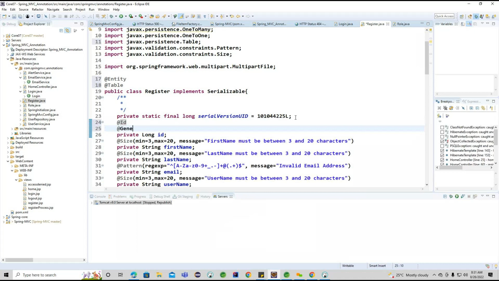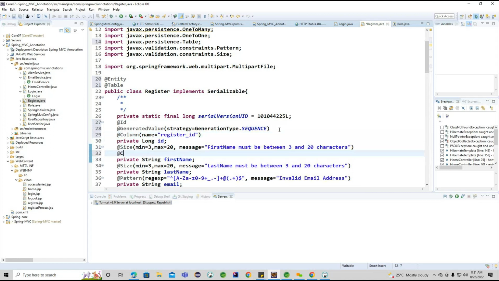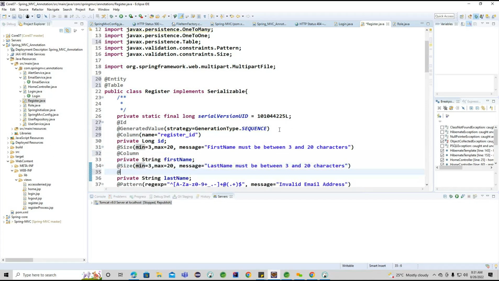Okay, ID, generated value, so one by one we are getting the value. The column name, register underscore ID, column, and